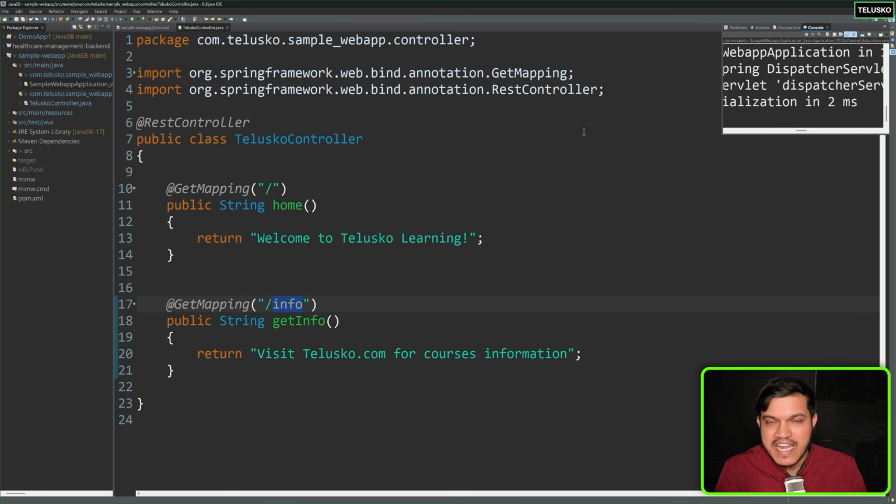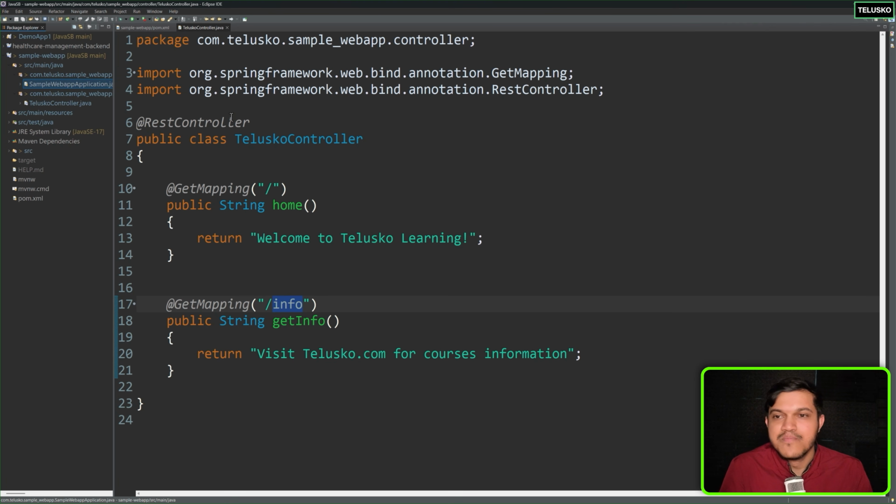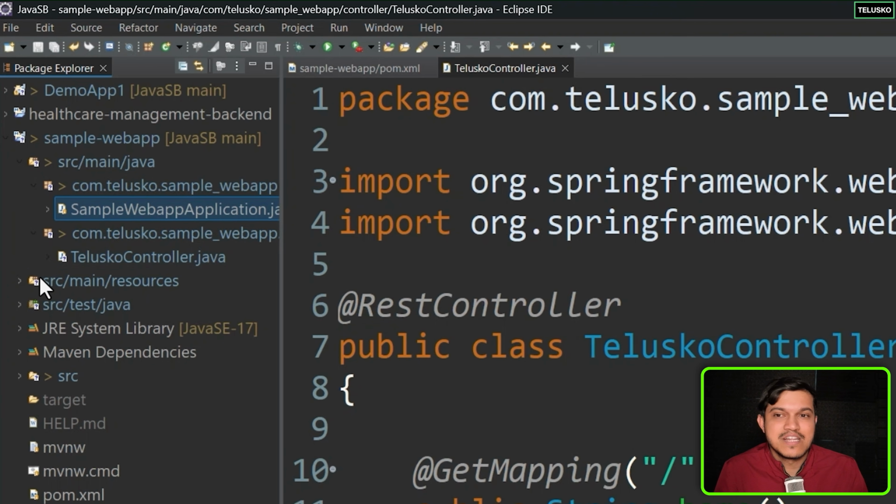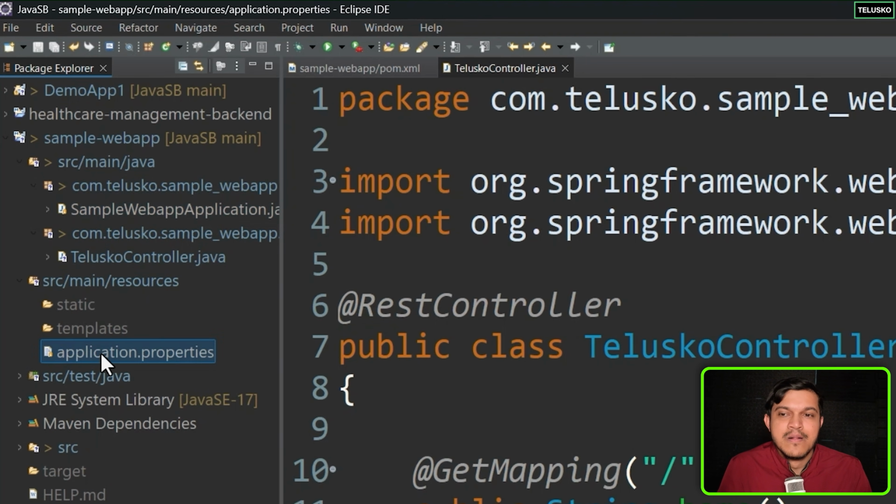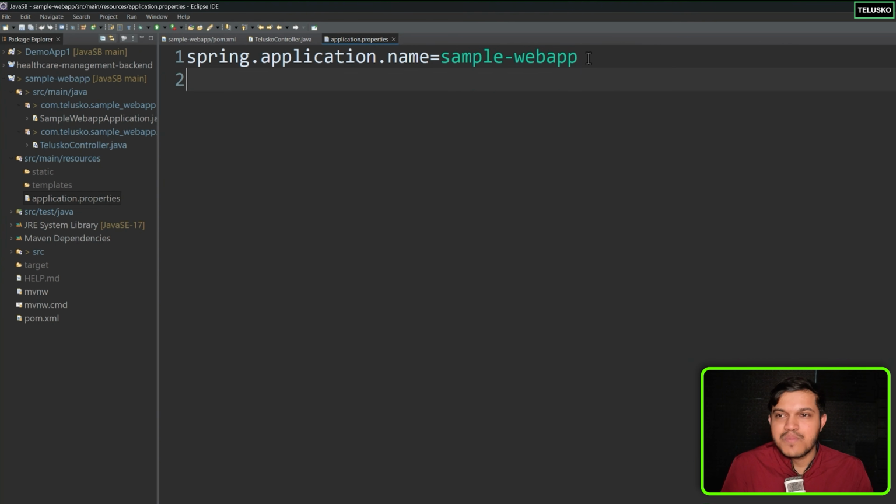Maybe in IntelliJ IDEA it's slightly different, but in both IDEs it is possible to generate the jar file, right? So now I would like to generate the jar file here, for which, before I do this, let me also specify the port number. The default port number on which the Spring Boot application works is 8080, but I want to change it to